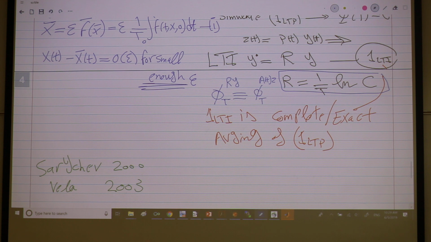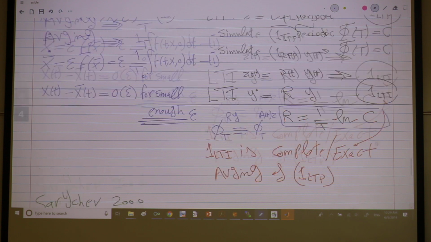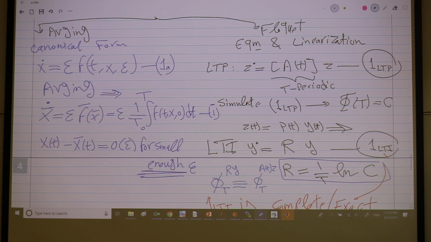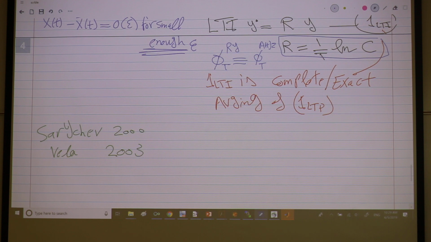Remember this point? I told you to review the flow of these two systems, time periodic and time invariant. They match every time period. So if you want to extend this to the nonlinear case, please find a time invariant system whose flow for one period matches the flow of the time varying system for one period. So we are going to define now